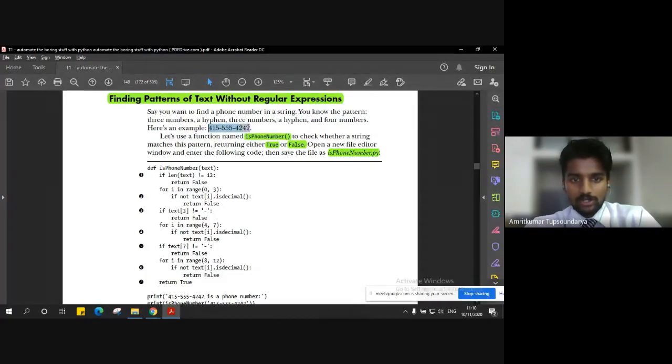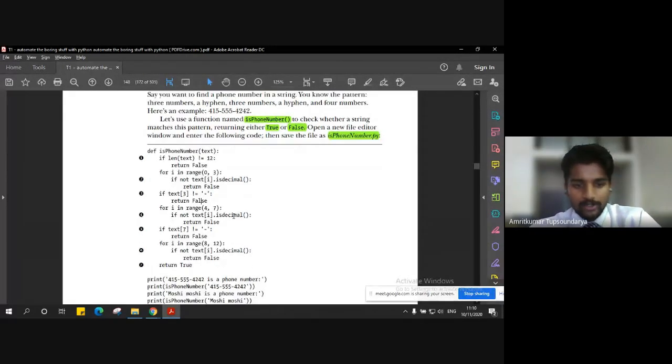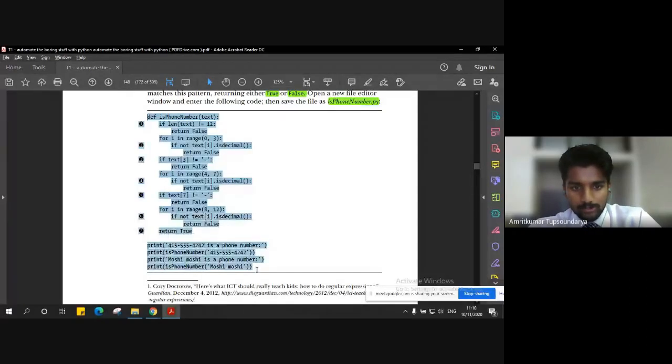This is the complete string, right? So we check whether from 0 to 3, then 4 to 7, and ultimately 8 to 12, they are numbers or not. First of all, we check whether these are numbers, making use of the isdecimal function, and if it is not a number, we return false. In between, we also check whether they have been separated by the hyphen or not. If it is not separated by a hyphen, we again return false, because this is not a phone number. So we saw this whole simple program.